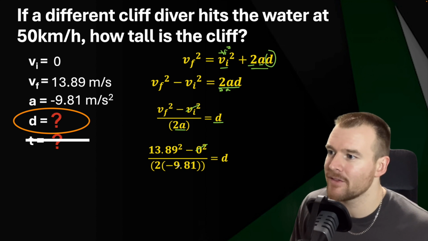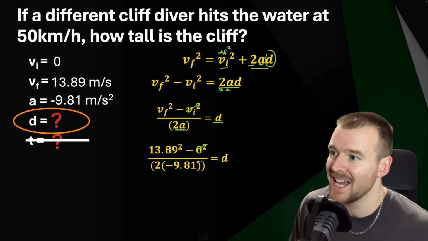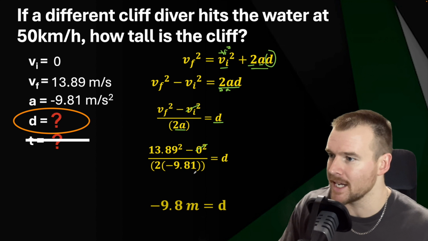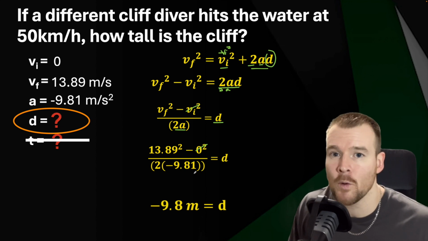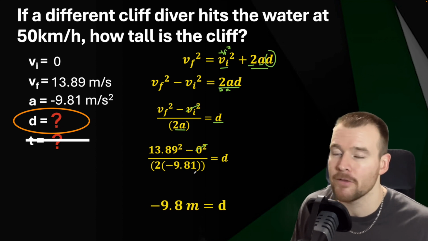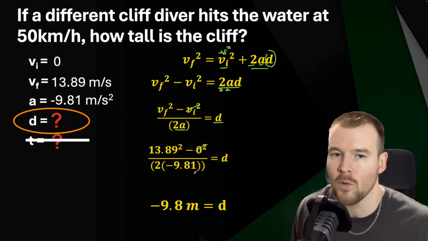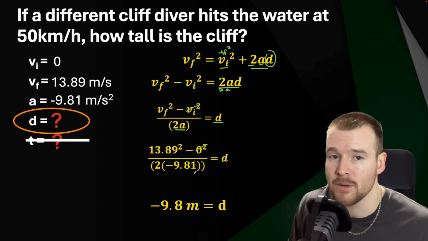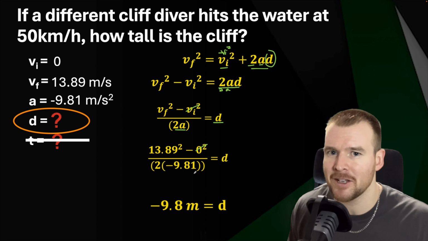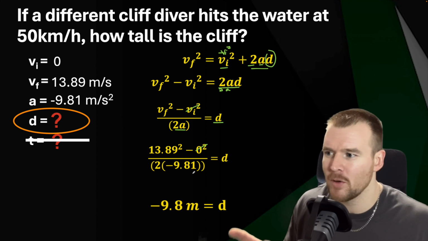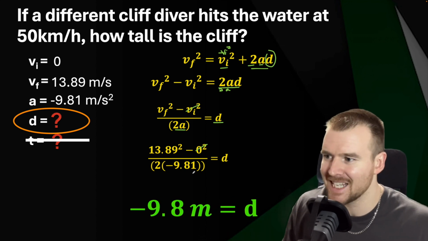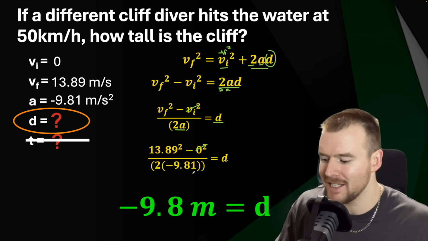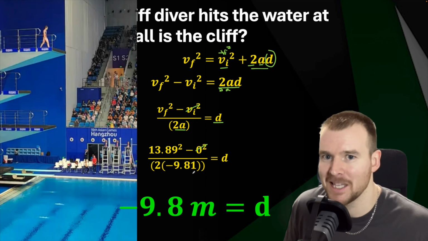Divided by 2 times negative 9.81 because we're going down. Again, brackets around all of that, and I get an answer of 9.8 meters is how far they would have fallen if they hit the water at 50 kilometers per hour. Now, as much as we want to calculate the right values, which we did, we want to think about what this means, and we realize 9.8 meters, that's basically 10 meters, which is the same as the Olympic diving pool